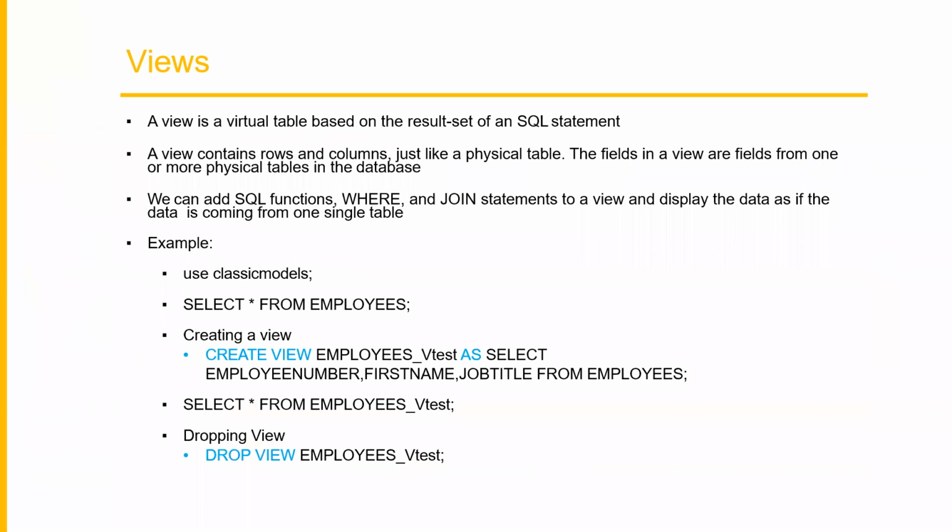Next, views. So what is a view? A view is a virtual table based on the result set of an SQL statement. We can create a view on a table. We go on creating tables now, right? We used to create tables like that. We call it a physical table, which will occupy some space on the table space and on the hard disk, right? A view is a virtual table. It will not occupy any space on the disk.